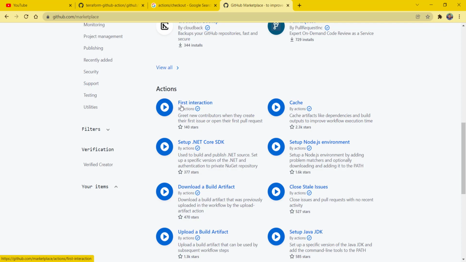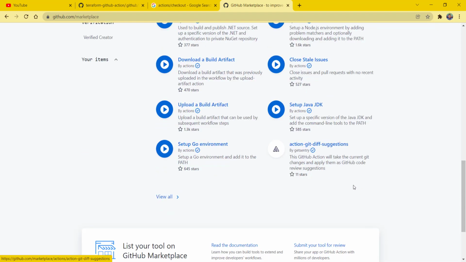For example, any action which is by actions means the action is provided by GitHub and it is verified, as it has the verified sign. Any other action, by some company, organization or third-party provider, is not by GitHub, but it is verified by GitHub and provided by a third party. Okay, I hope this gives some idea about GitHub actions to use.